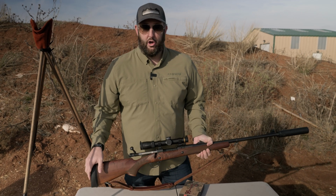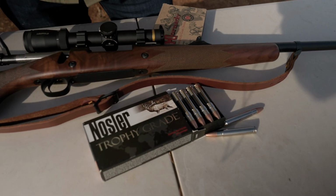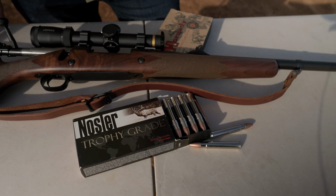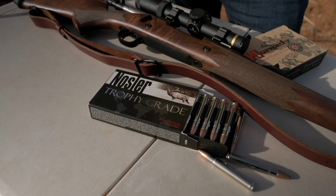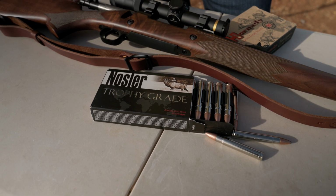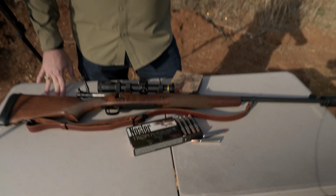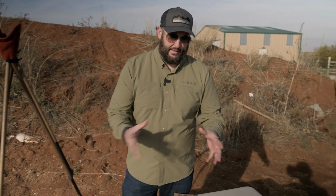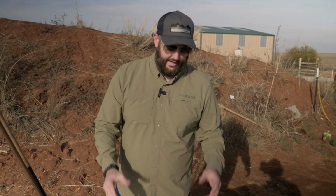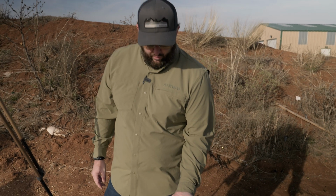The next thing is your ammo. This is actually a pretty popular caliber around the world, especially in Africa, but it was a late bloomer. It came after some of the other calibers. It came after the 416 Rigby, came after the 458, but I think it came about the same time as the 458. The ammo that I've got here to show you is a 416 Rim Mag,